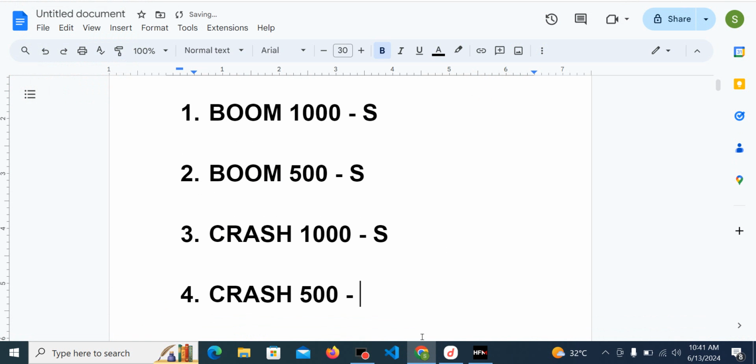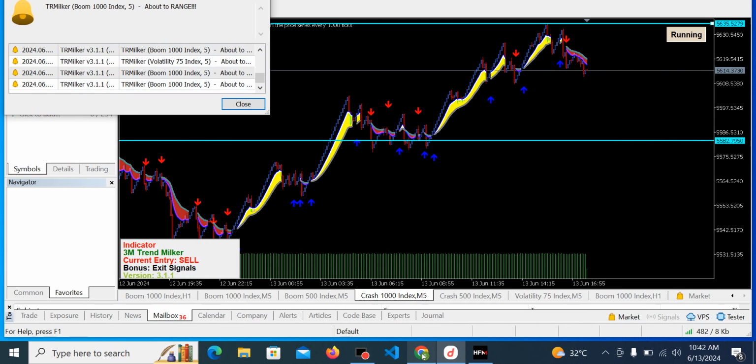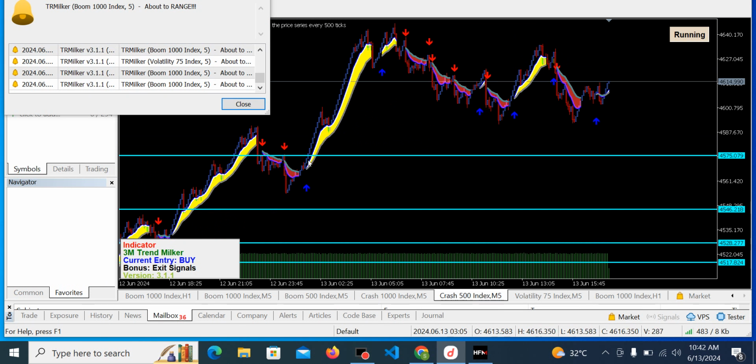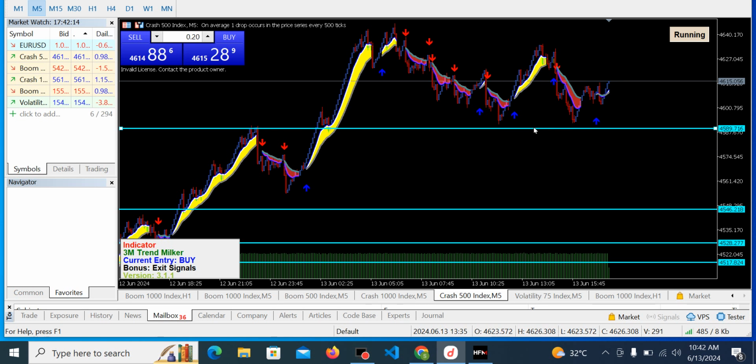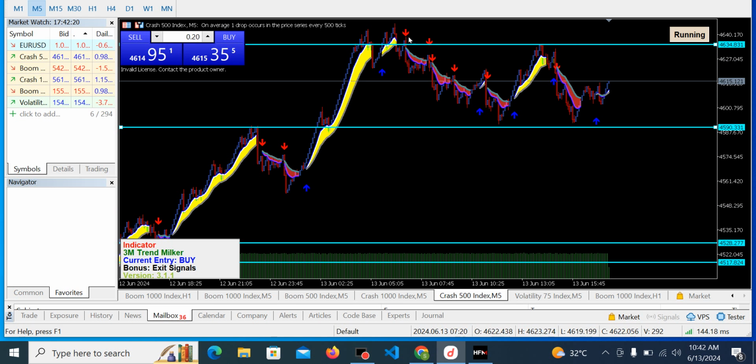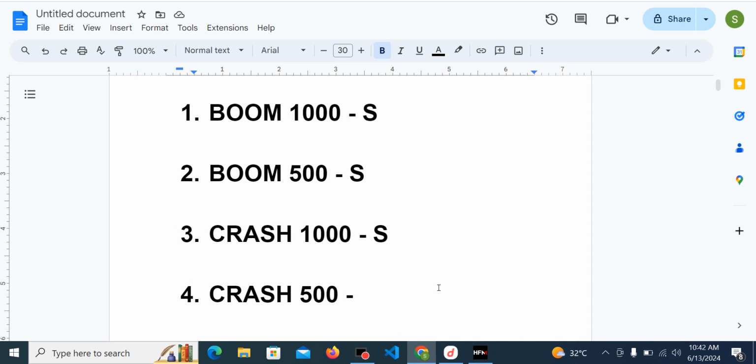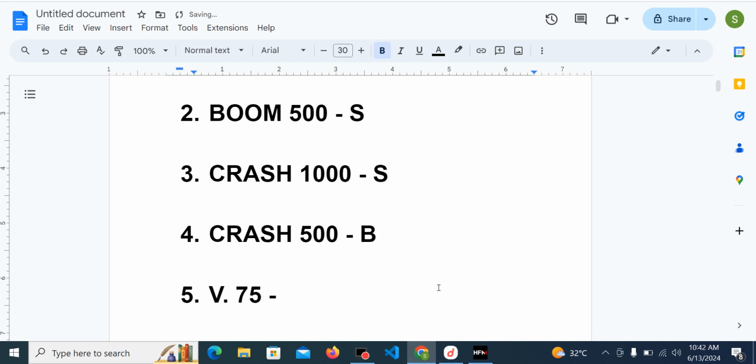Next asset is going to be Crash 500. This is Crash 500. It was on an uptrend before it got to this resistance zone, had a pullback, went back there again, and still had another pullback. It has not been able to break out from this support zone, so right now it is buying, and of course it will be trying out the next resistance zone. If it breaks out above it, it will keep on buying, but if it does not, it will come back to try out the support zone again. At the moment this is still buying. This might not be for long, but it is still buying.